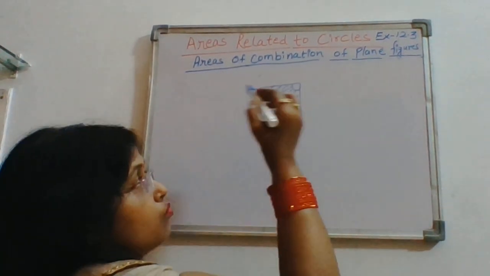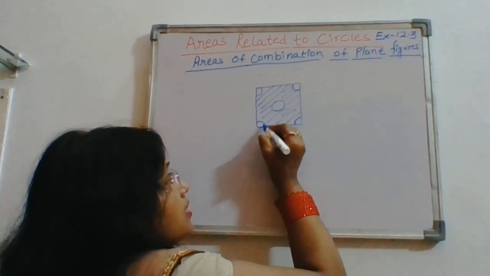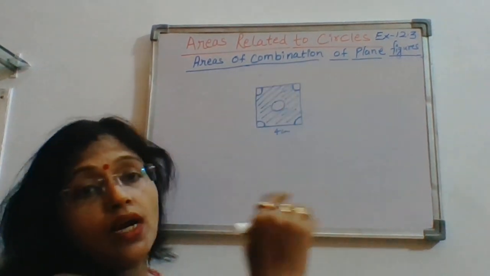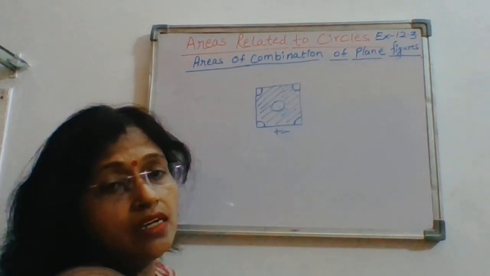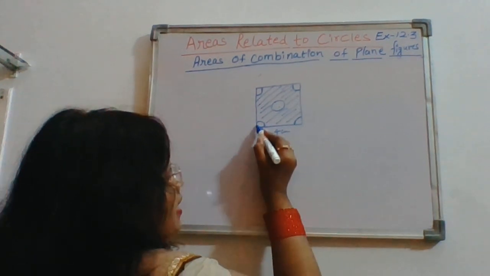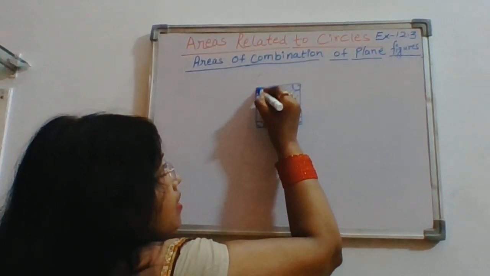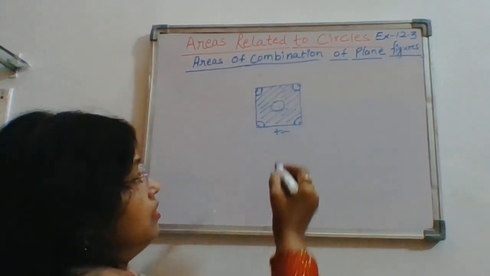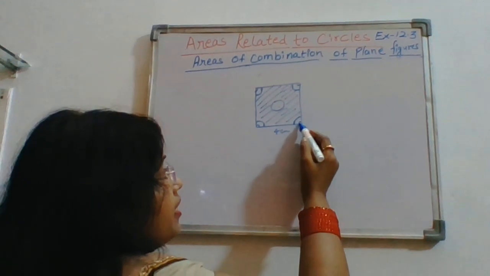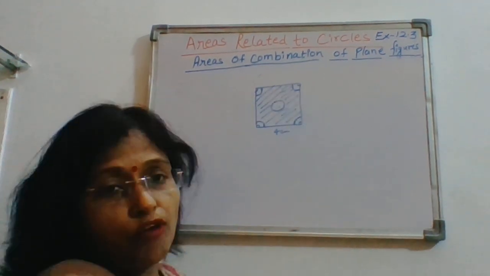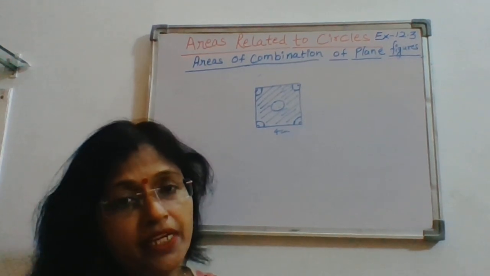So from a square, if we subtract the area of two complete circles, you can see one complete circle is here at the center, and these are the four quadrants. Okay, these are the four quadrants because the angle of a square is 90 degree. So each angle will be 90. That means the quadrants are being formed here. Four quadrants will be equal to one complete circle.